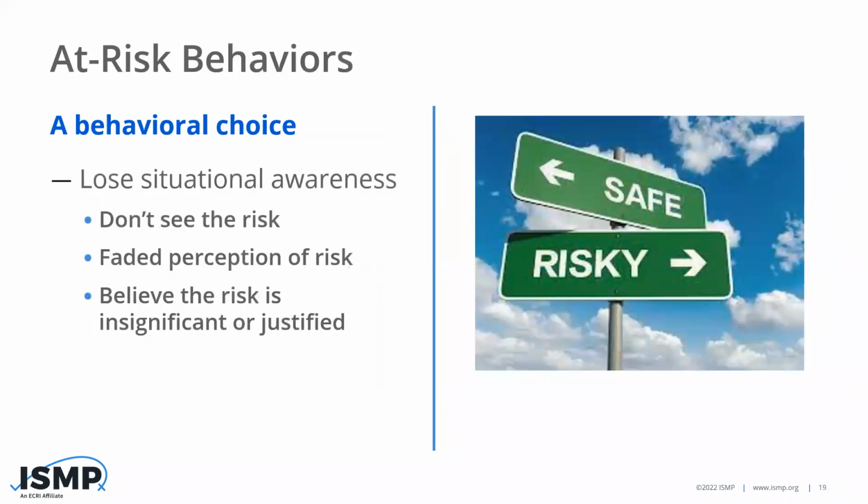So for at-risk behaviors, again, keep in mind, this is something all of us choose on this call. And this involves leaders and managers, by the way. This is not just a front-end staff issue. So keep in mind, people are losing their situational awareness. They don't see the risk. They don't see what's risky about what they've done. In fact, I'll bet anybody that you've done many at-risk behaviors and have gotten away with it because nothing bad's ever happened. Think about texting and driving. You just haven't gotten in an accident yet. Then when you get into an accident, does your perception of the risk change? It's because we've gotten away with it. Next slide, please.